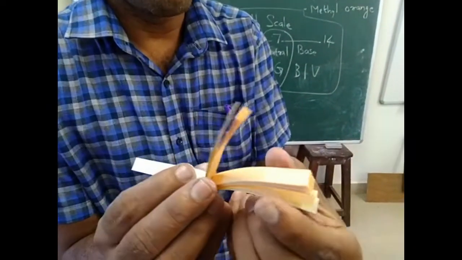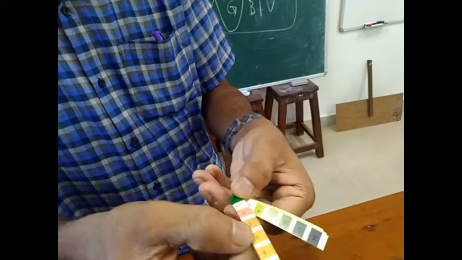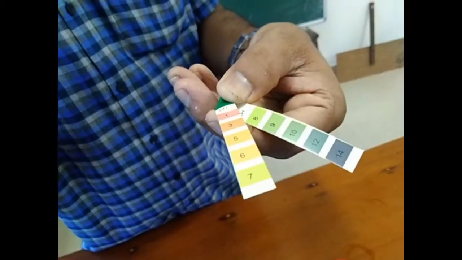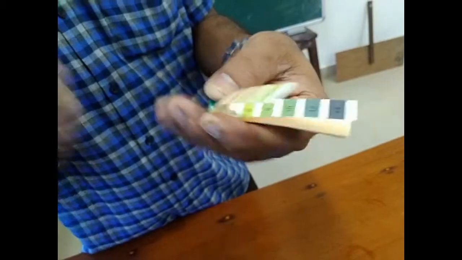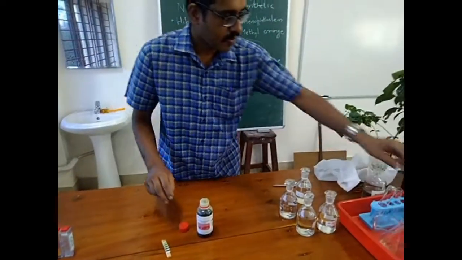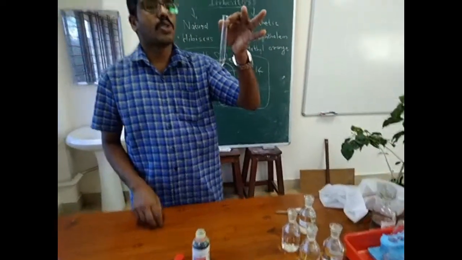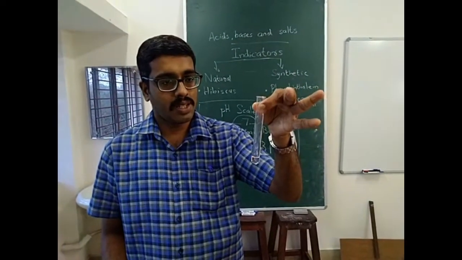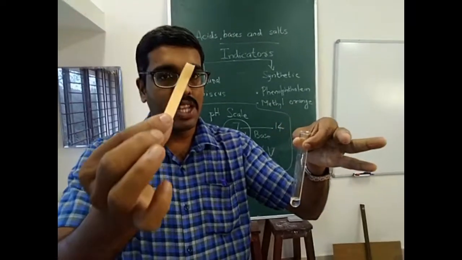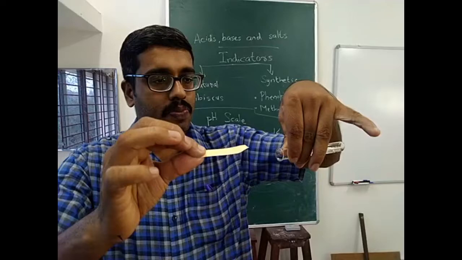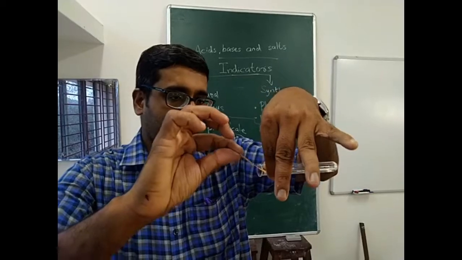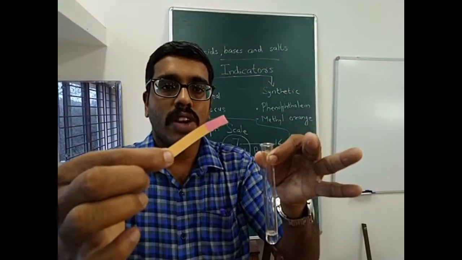It is somewhat pale yellow in color. In that it is clearly mentioned how the color changes according to the pH of the solutions. So now we are going to test the pH of some acids and bases. You can watch clearly. I have a solution. I am not going to mention which solution this is. I have one pH paper with me. I am tilting the test tube slightly and inserting the pH paper into it. You can see it change into somewhat rose color.